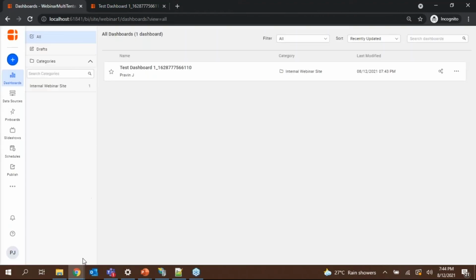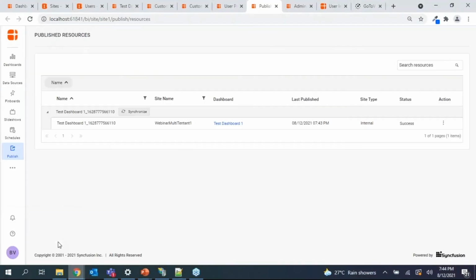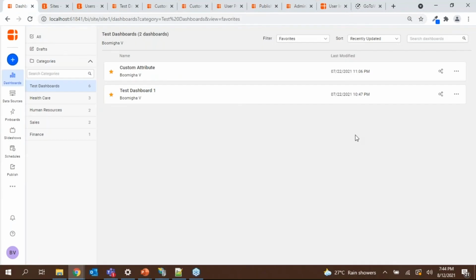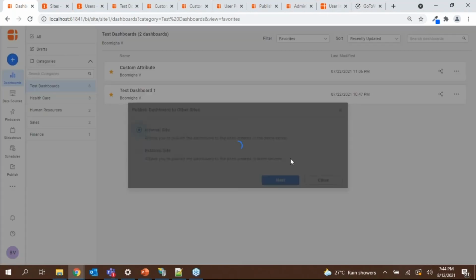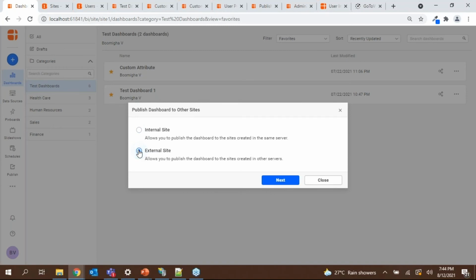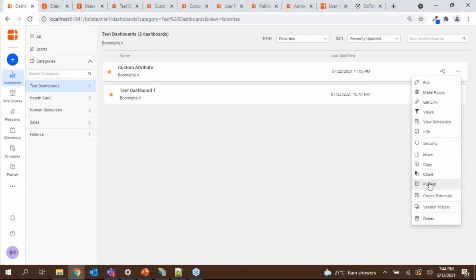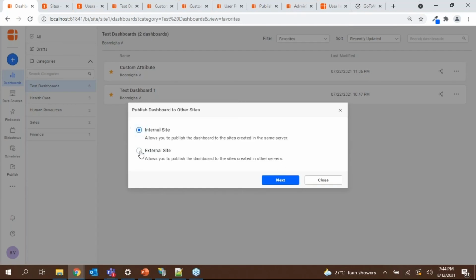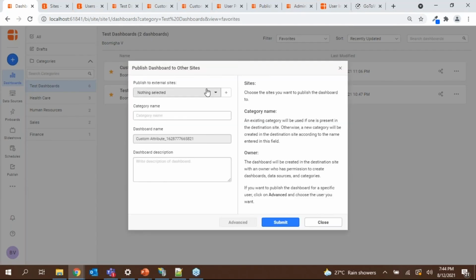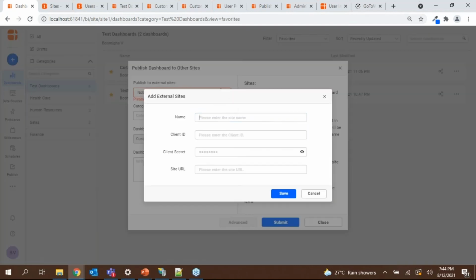And also you can have external publish. For example, consider I have a tenant which is outside of the other servers, then you can do external publish also. Let me show with the same dashboard, or else let me do it with a different dashboard. So you can select external sites, and now I don't have any external site. Or else if you want, you can add a new site using the client ID, client secret, and the site URL.